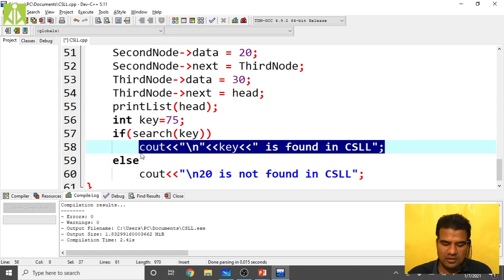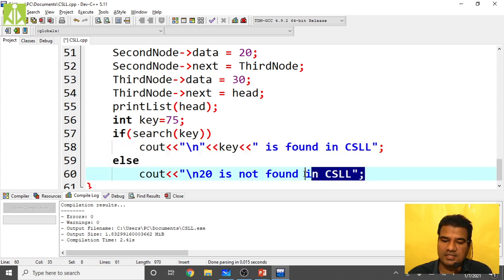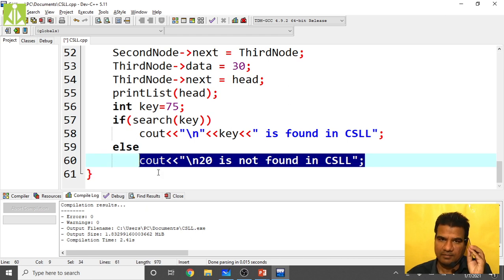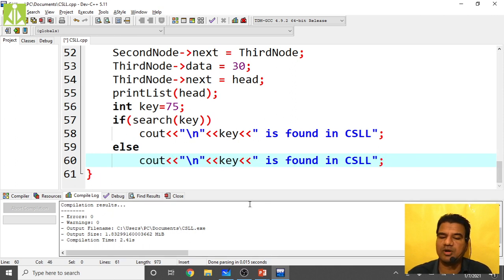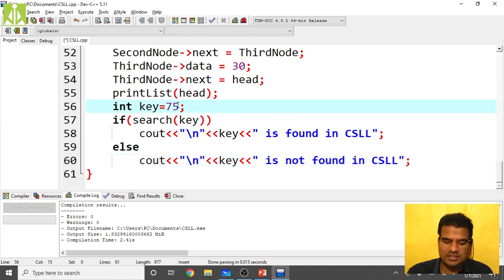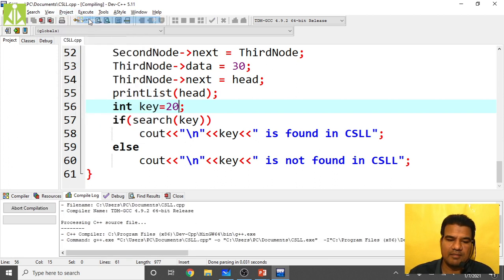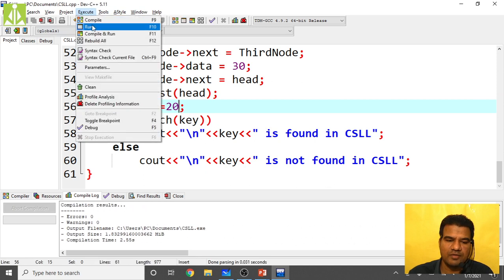See, by practice only you will get all these things. I'm just running an imagination in my mind: if I do like this, how will my output get formatted? So keeping the output in my mind, I am formatting this cout statement over here. Here, because it is the else part, I have to write not found. So I will write that same thing, 20, and you see how. So I saved, compiled, any mistake, no mistake, and we'll see how the output will come.